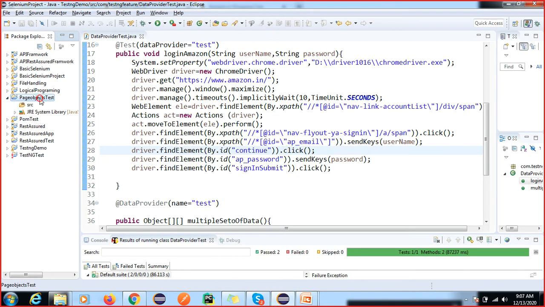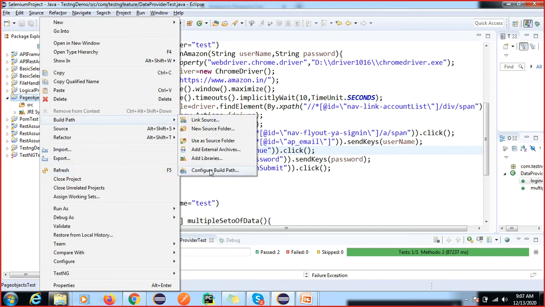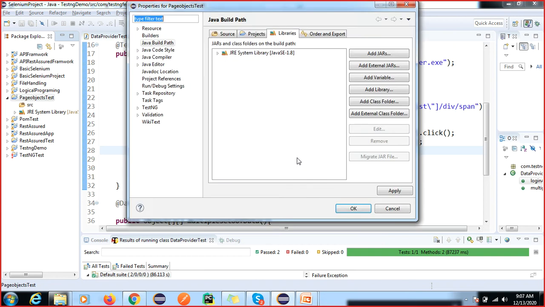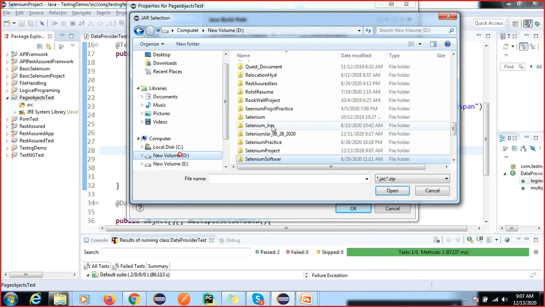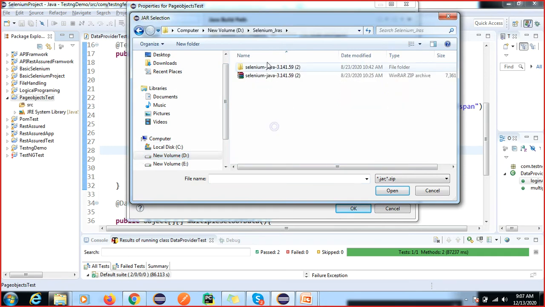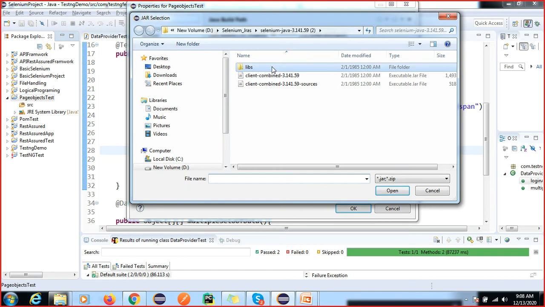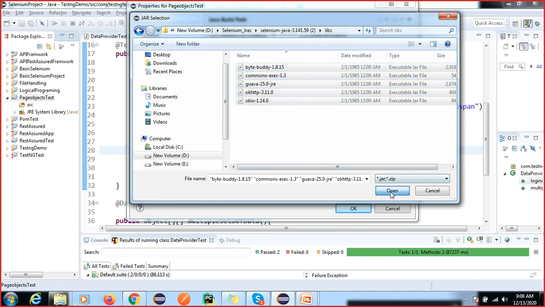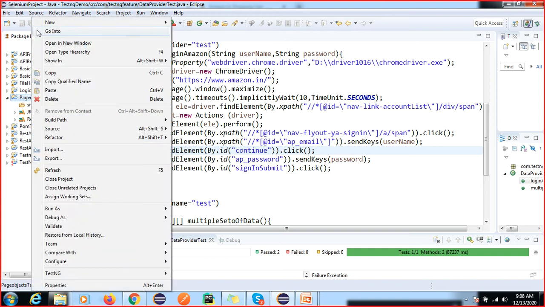So we will import Selenium. Where is this Selenium jar? Let me see where I kept my Selenium jar. Go to Add External JARs and select the Selenium jars. After that, you have to configure your TestNG.